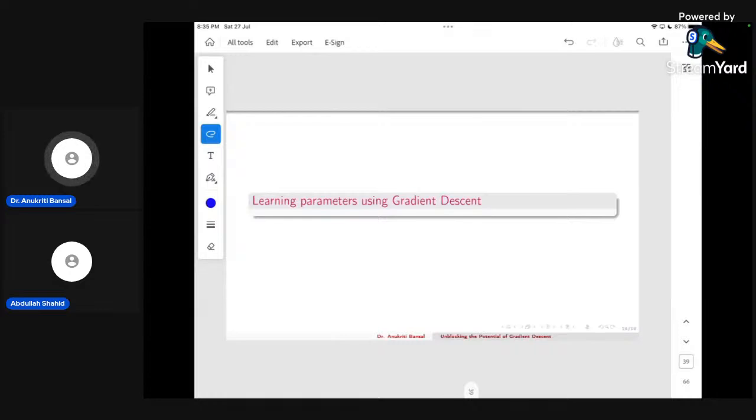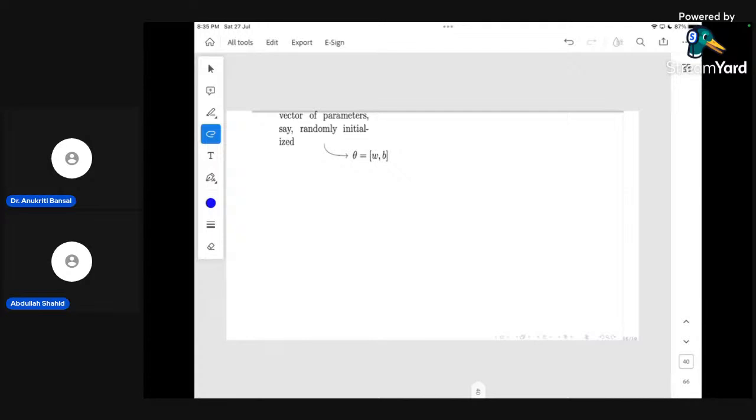Okay, so let's see if there is a more efficient and principled way of doing this. So let's start with gradient descent, which provides us a better way of learning these parameters instead of random guessing. Now let's start by setting up things. We will define some notations and some parameters, and from there on we will try to come up to the algorithm. Okay,